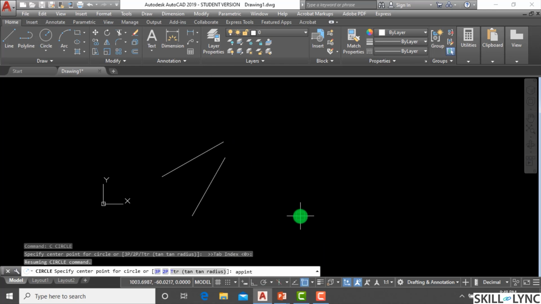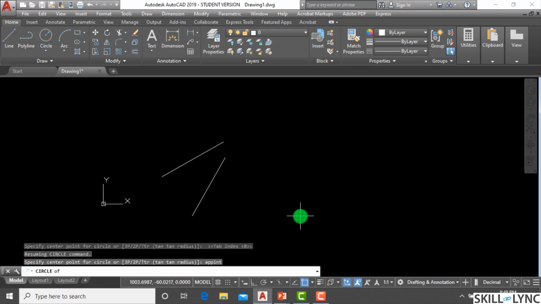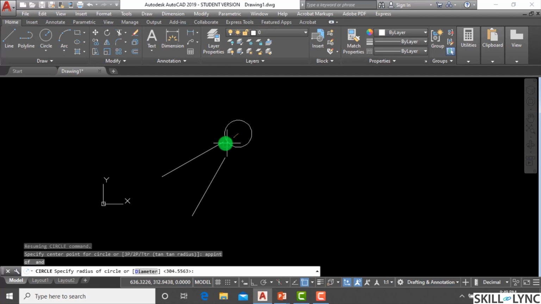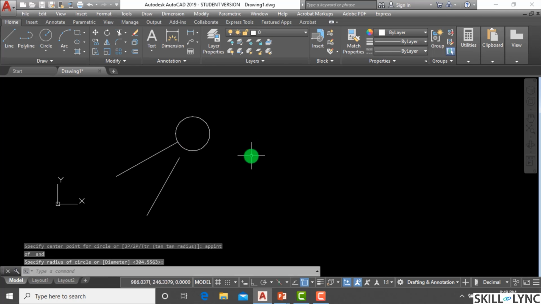I need to put APP INT, that means apparent intersection. Here I go, this one, and click on it. The moment you bring it to this line, the apparent intersection snapping appears, right? So this is the apparent intersection. So let's say,